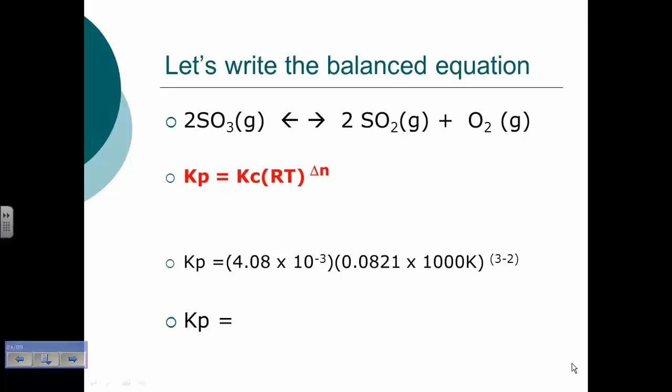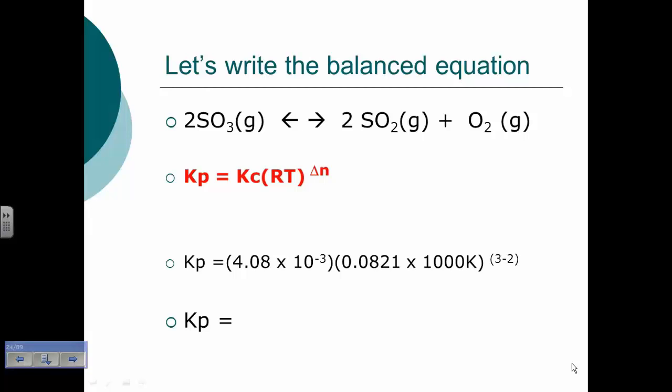I bet you wrote down 2 moles of sulfur trioxide in the gaseous form in dynamic equilibrium with 2 moles of sulfur dioxide and a mole of oxygen. And I put back in our equation how to convert from Kc into Kp, knowing we take the original Kc from our story problem, take the product of R times T and raise that to the delta N. Delta N is products minus reactants for gaseous moles. Kp is what we're calculating for, and the Kc from the story problem is